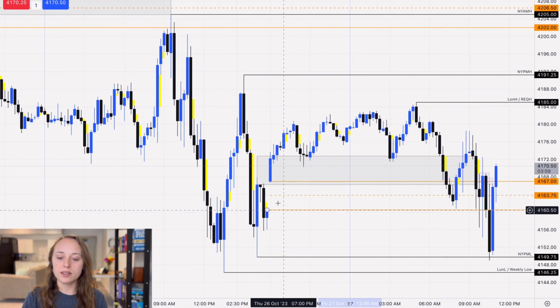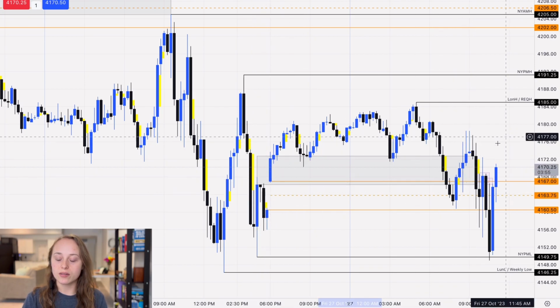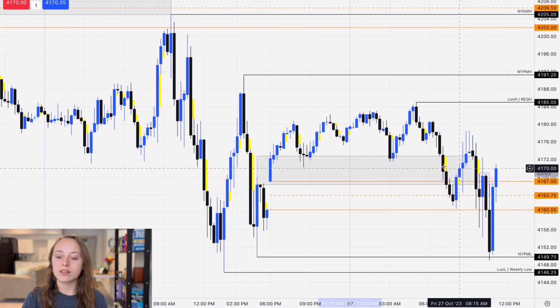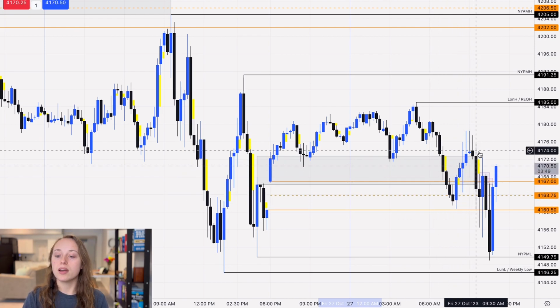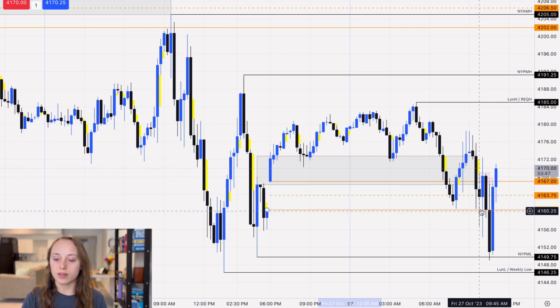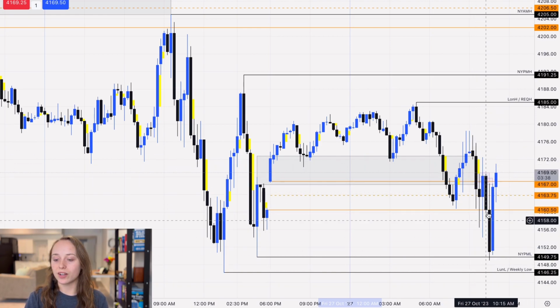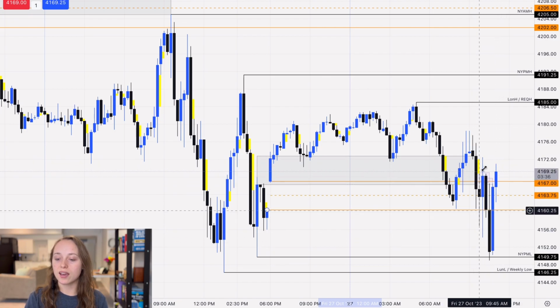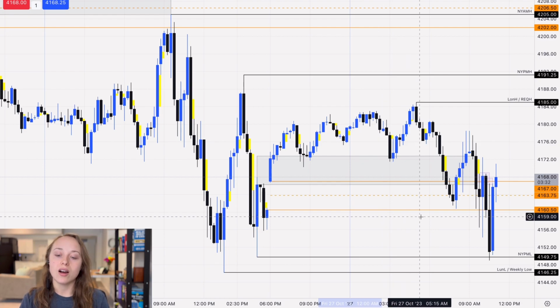So we opened, we had this opening range gap from right here to here. We closed that in right away. We did trade down into this new day opening gap, which was nice to see. We came back up, dropped down after the open, closed this back in, and then we were just consolidating, finally came down, and now we're back up. So it's just been a very consolidating day, not a lot of big movements or nice runs on liquidities, so that is just something to point out.